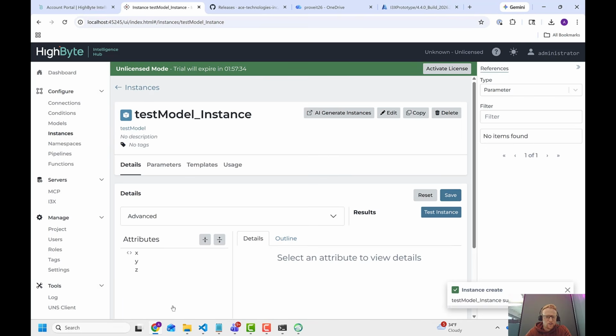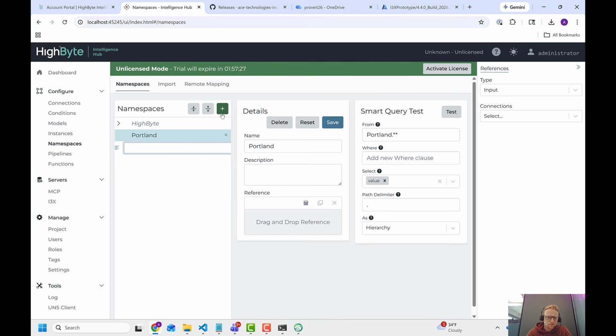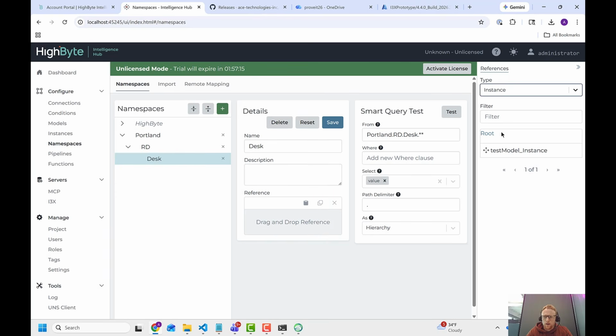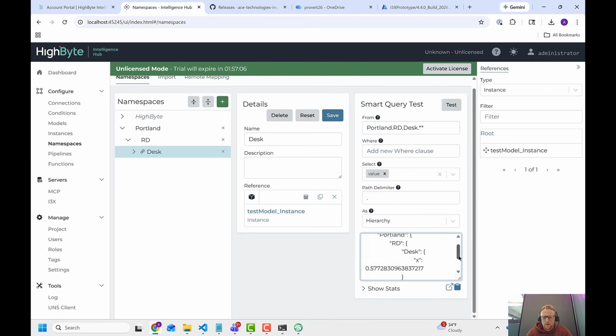So I set it to expression random, and then I'm going to go to namespaces and I'm going to create one. I'll call it Portland R&D, and then I'll just call it desk. And you can drag and drop in here, so I can reorder that. And then on the reference panel, I'll go to the instance I created and just fill that in. And now if I do a test read, I should get